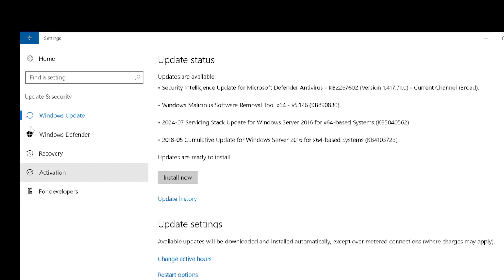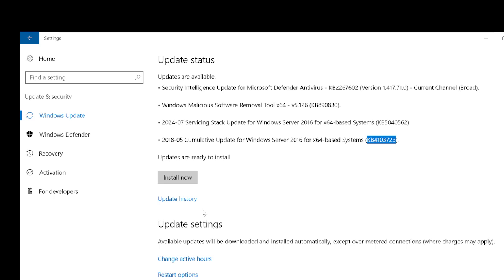As soon as I click on Update & Security, I can see there are multiple KBs: KB 2267602, KB 8908330, KB 5404056, KB 4103723. How to install? It's very simple. If you just click on install, it will download and install, restart, and the machine comes up.